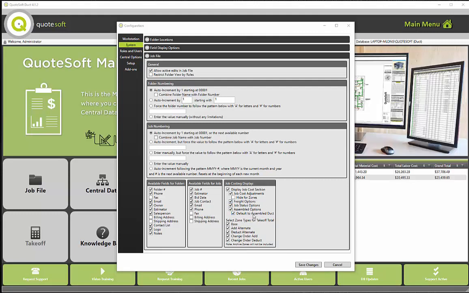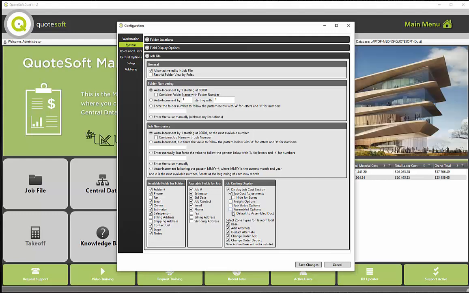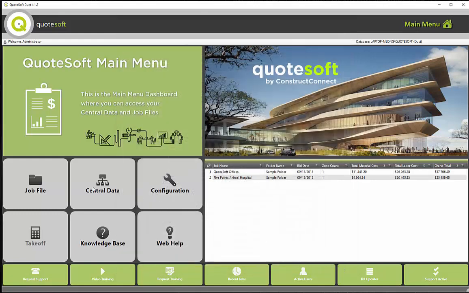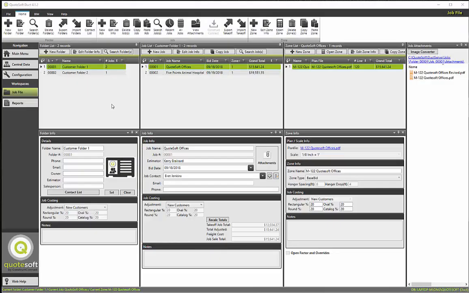And for the purpose of this video, since we are only talking about pricing adjustments, I'm going to uncheck all of the other options so that we can focus in on just the pricing adjustments. Hit Save Changes, and now go to your job file. Within the job file, you'll then see that the job costing sections have been added to the folder info, job info, and zone info window panes, defaulting to new customers on any new folder created,